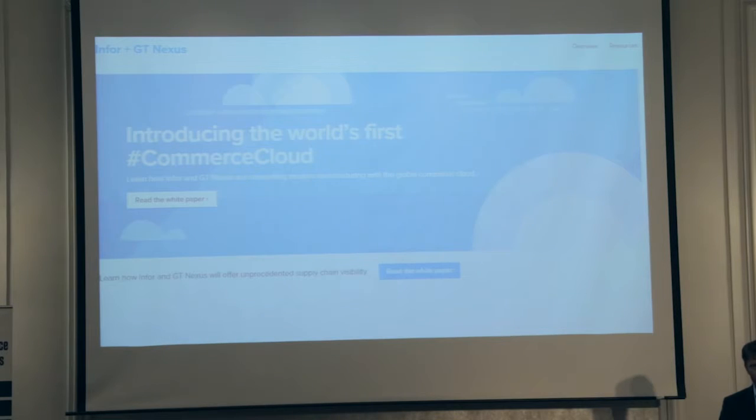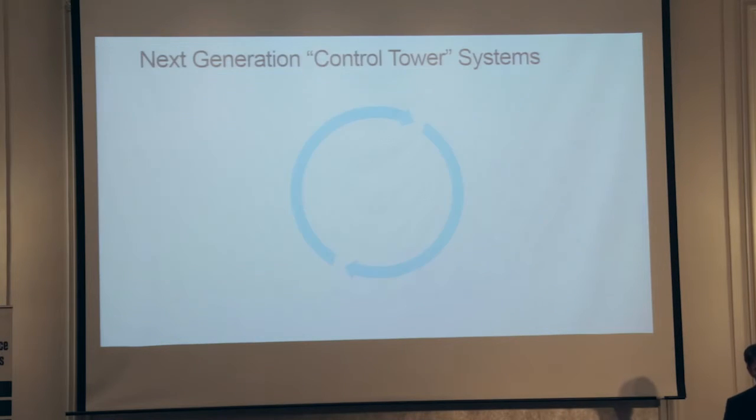And we do this, we've been around for a while, right? GT Nexus has been around for about 17 years now. And companies like Adidas, Nike, ExxonMobil, they're all using the platform in various different ways. And this is really the reason why Infor bought GT Nexus. It is to be able to have this Commerce Cloud capability, and ultimately to be able to create what we've